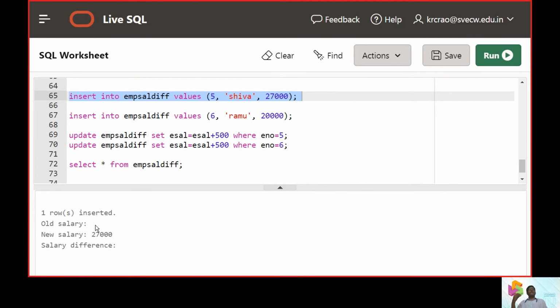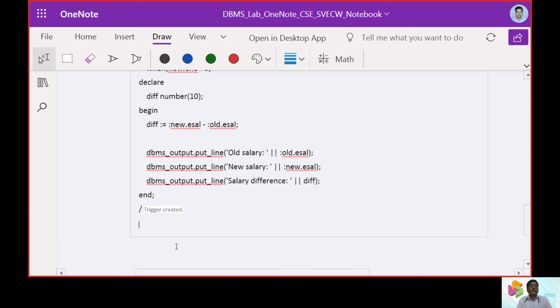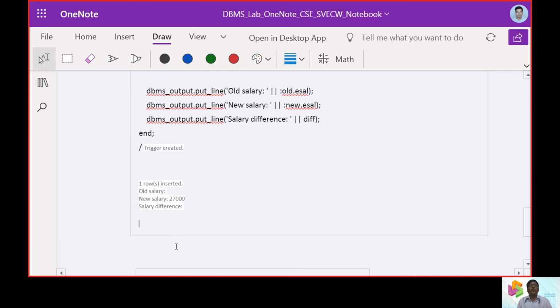The observation on this record: the Shiva record was not in the database earlier. Now we are going to compute it. So that's the reason why the old salary was missing, and the salary difference is not mentioned here. That is the takeaway we have to understand in this case.